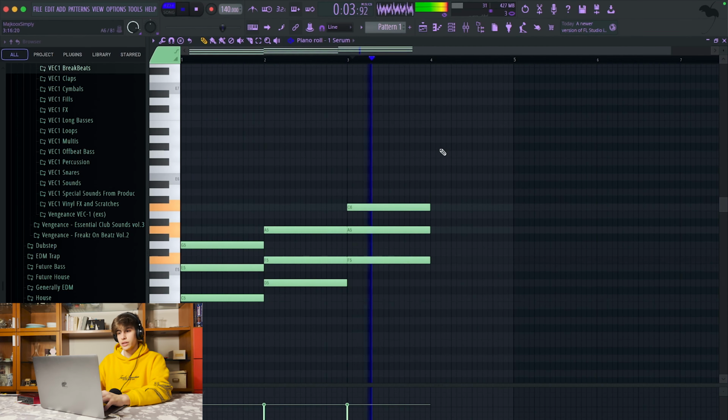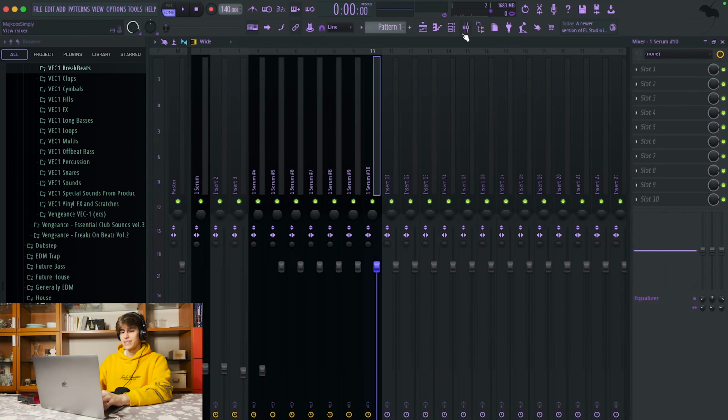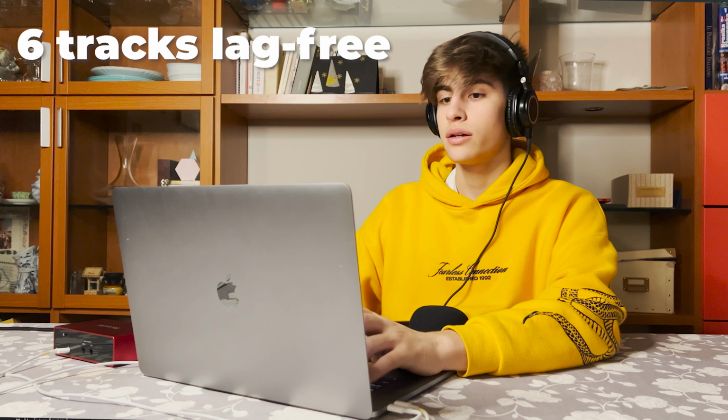And that's our first test. Then, when the DAW starts lagging, we're gonna duplicate those clips 5 or 6 times, and we're gonna leave it to export at the same settings. So yeah, let's get straight into it. Okay, so let's get going with FL Studio first. So I'm gonna put on my headphones. And now I'm gonna start adding Serum. Okay, so at around 7 is when it starts lagging.